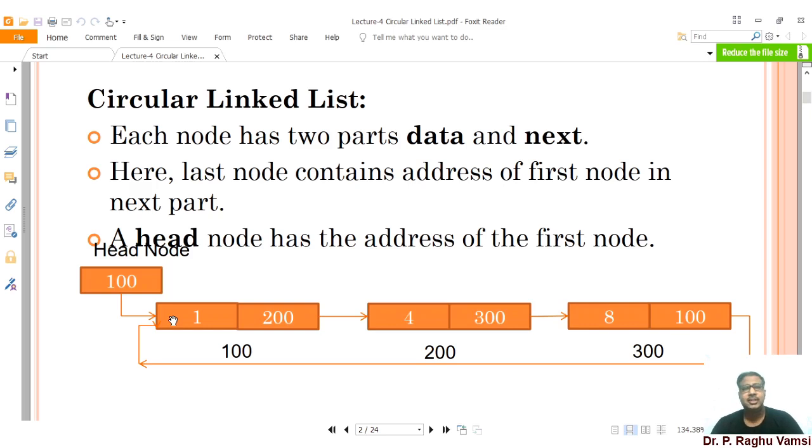Next one is insertion. In insertion, you will have inserting at the beginning, inserting at a particular position in the middle, and inserting at the end. Next are removing at the beginning, removing at the end, and removing at a particular position. These are quite common functions in the circular linked list also.